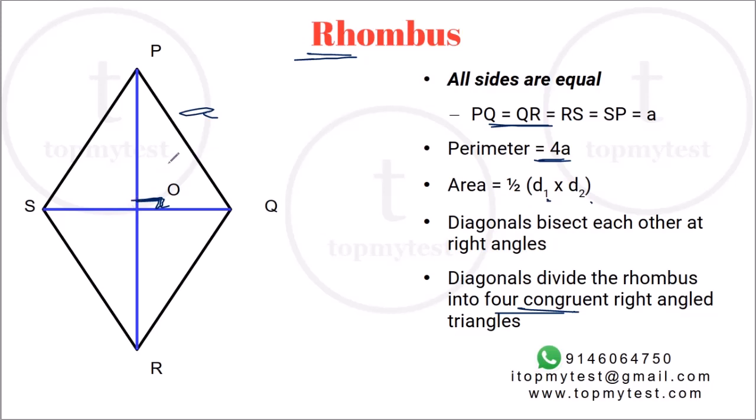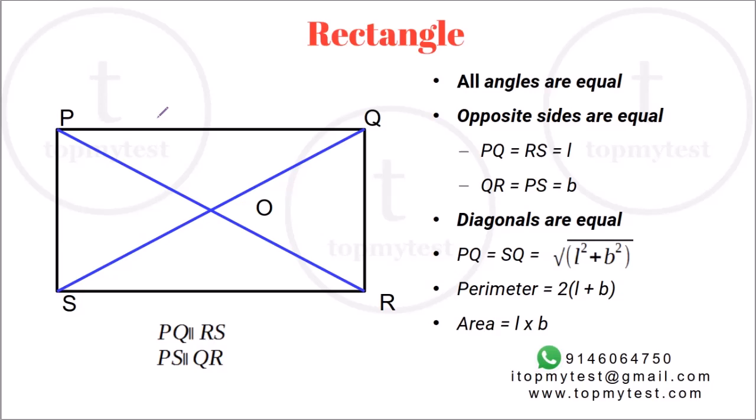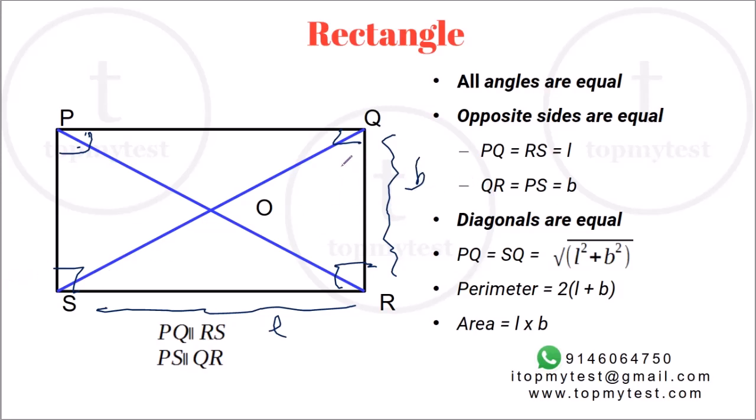The second way to proceed from a parallelogram is basically to make all angles equal, right? The sum of all internal angles of any quadrilateral is 360. So if you make all the angles equal, each internal angle will become 90 degrees. So you get a rectangle, a pretty straightforward figure. The longer side is conventionally called the length. The shorter side is the breadth or the width, right? You have right angle triangles throughout.